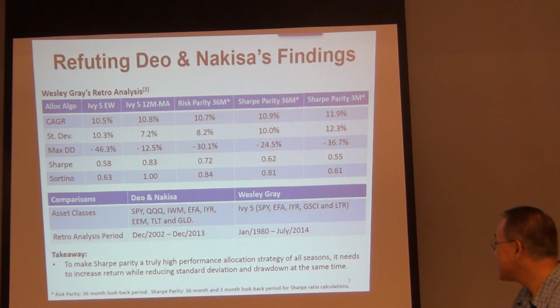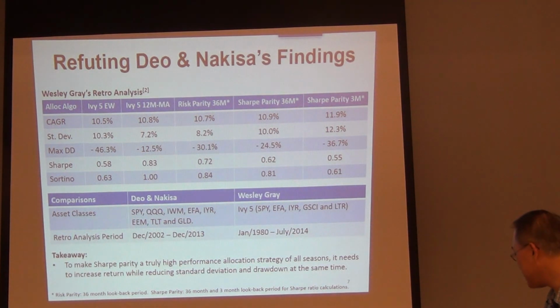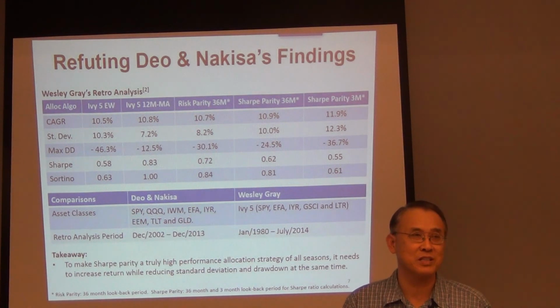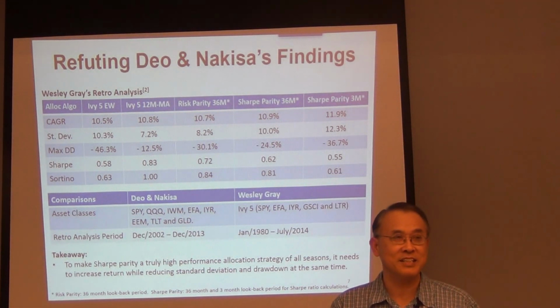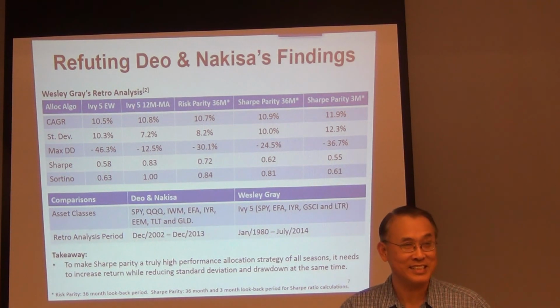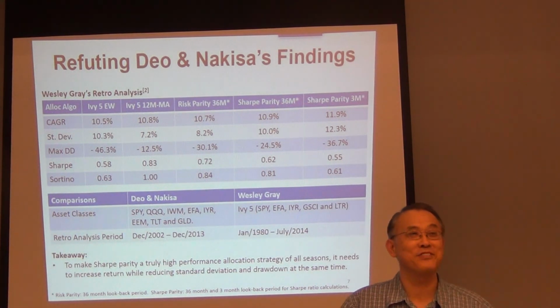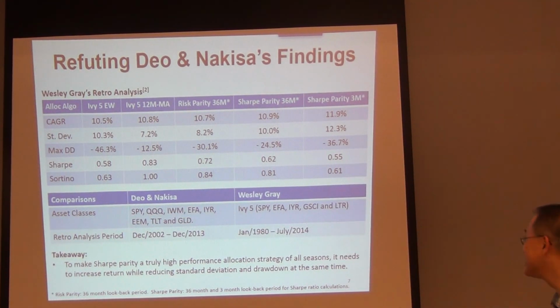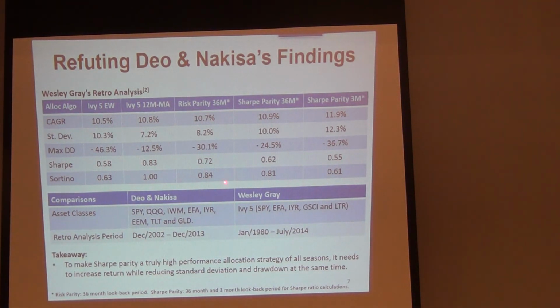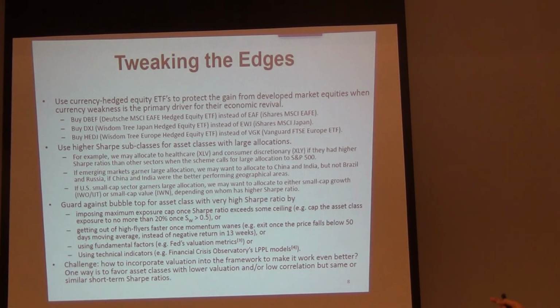So my takeaway is that I really like the framework, but if we can achieve a bit higher return and reduce a bit of risk, then that will be a wonderful strategy. So how do I propose to do that? My proposal is